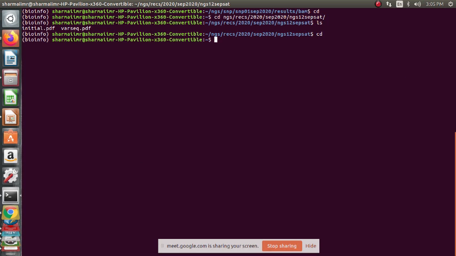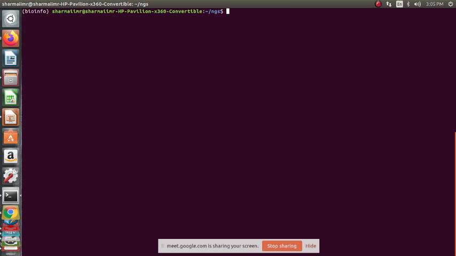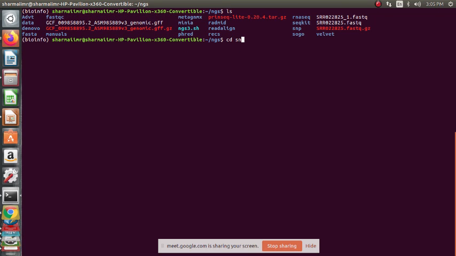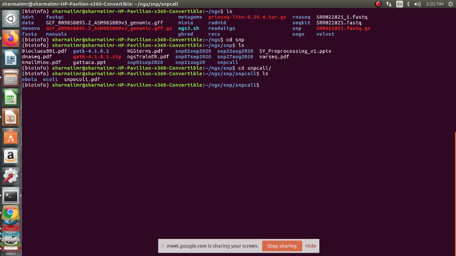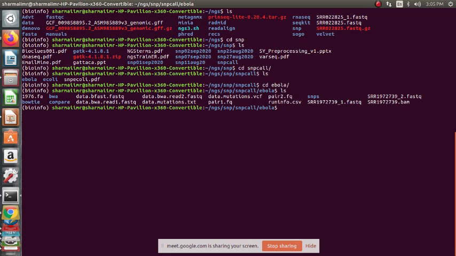If you go to cd and cd NGS here, so cd Ebola, we have this already there, the data.mutation.vcf.